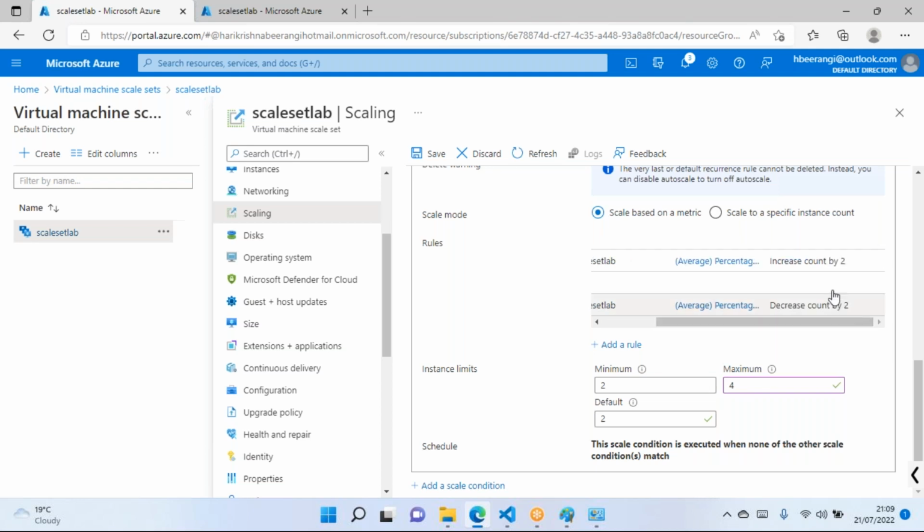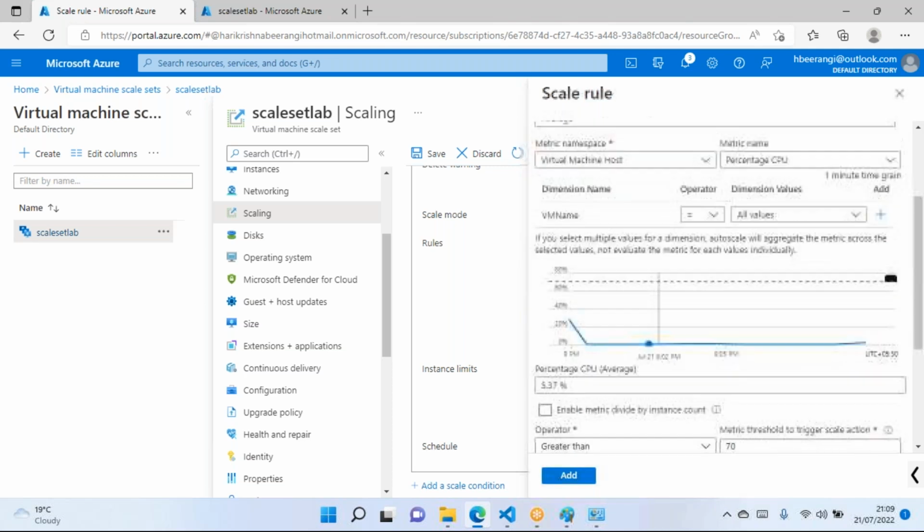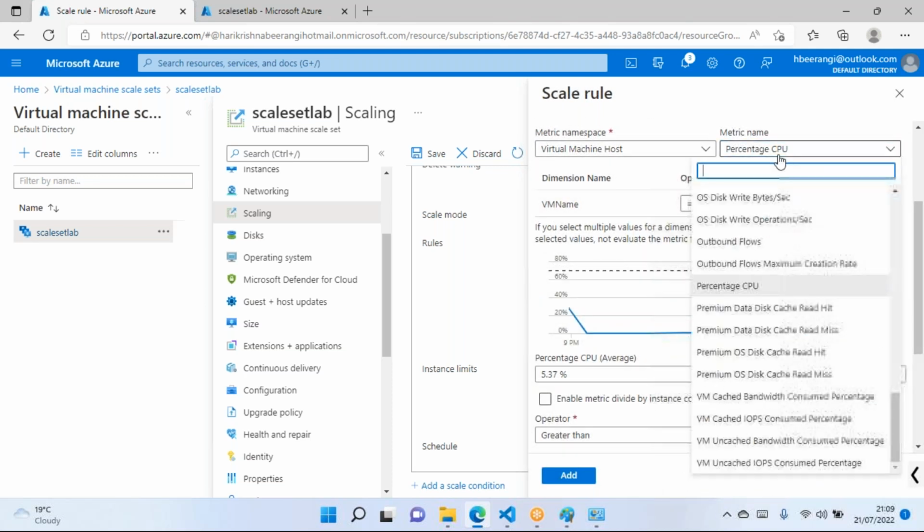If you want more and more virtual machines, yes, you have to define conditions based on various criteria. Not only one condition, you can define multiple conditions for your system. You can add one more rule, whether scale out or scale in, based on another metric.